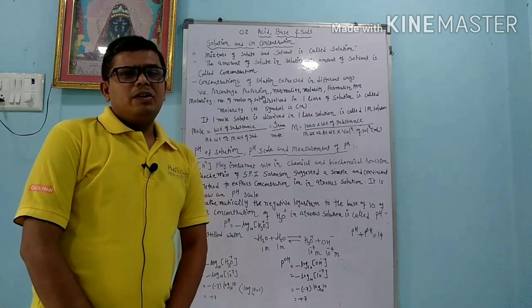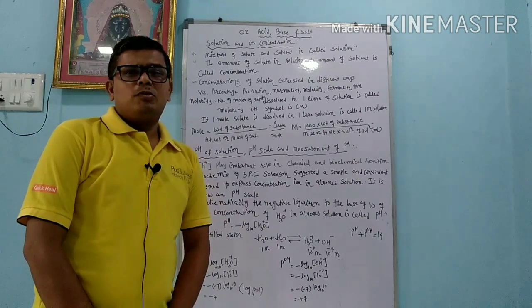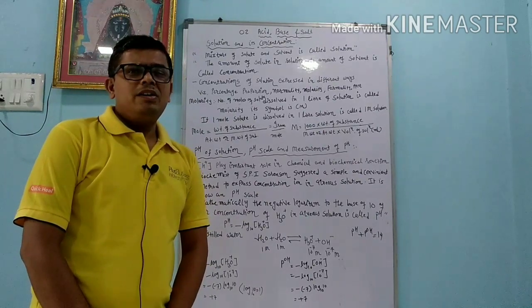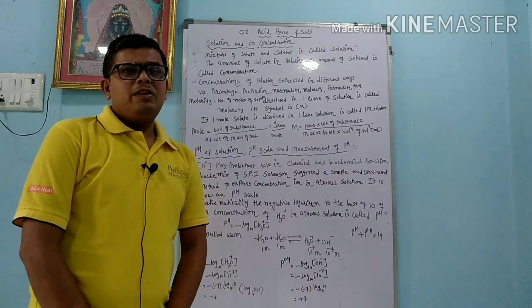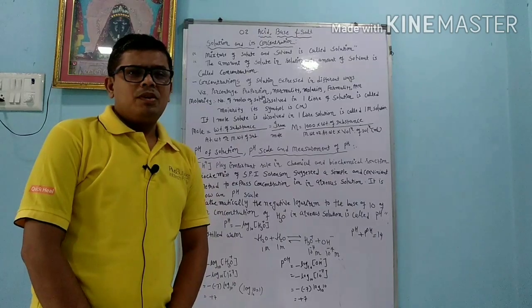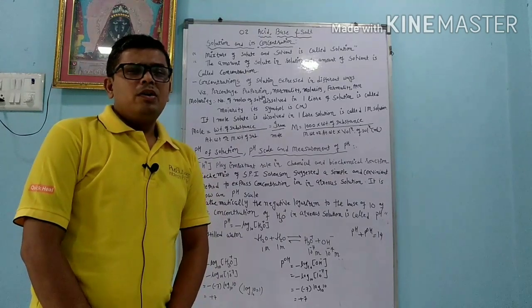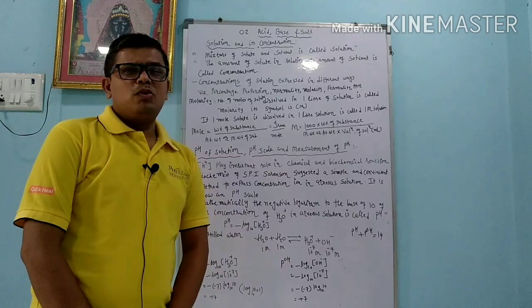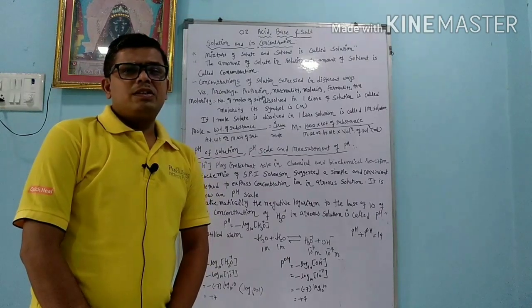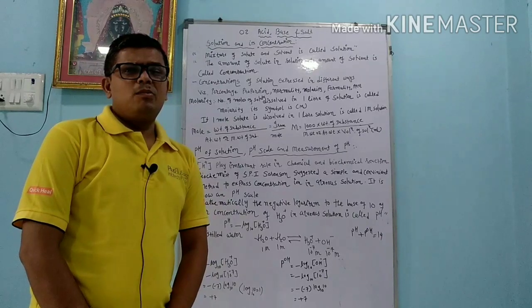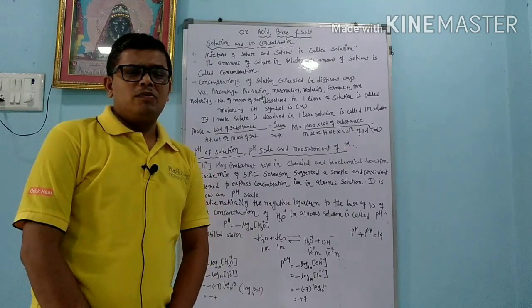But here, to understand pH, we will learn about the molarity. Molarity is represented by capital M. Before learning molarity, we have to understand the mole. Mole is the Avogadro number. 1 mole equals 6.022 into 10 raised to 23 atoms, then it is called the atomic weight. And when 6.022 into 10 raised to 23 molecules are there, that is called the molecular weight.